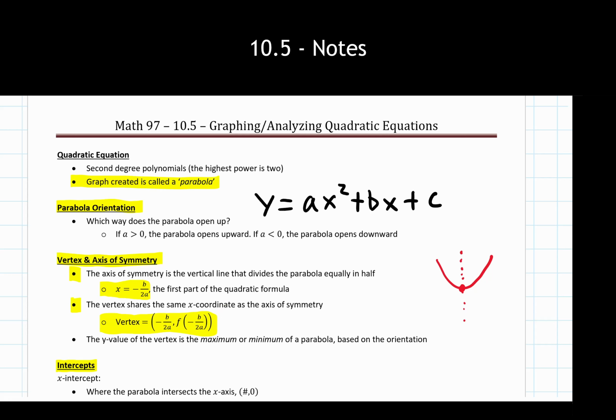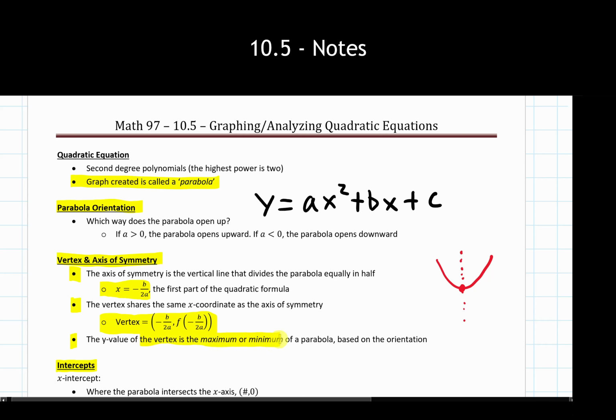And last but not least, we can sometimes also be asked about the minimum or the maximum value of a parabola. Well, as it turns out, the minimum or the maximum is going to be the vertex, specifically the y value of the vertex. So right down here with our example, this is where the parabola gets to its lowest point, right at that vertex. So the y value here would be the minimum of my overall parabola. So the vertex is a really handy point to get because it tells us both the axis of symmetry and minimum or maximum points if the question or set of questions is asking us to calculate that at all.